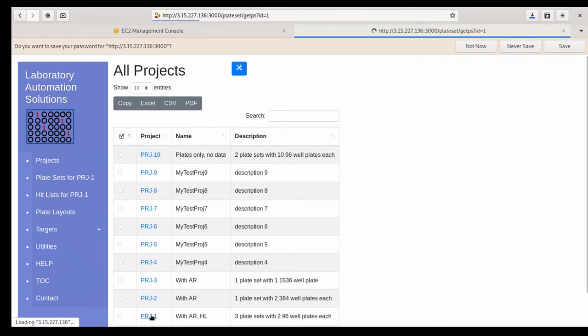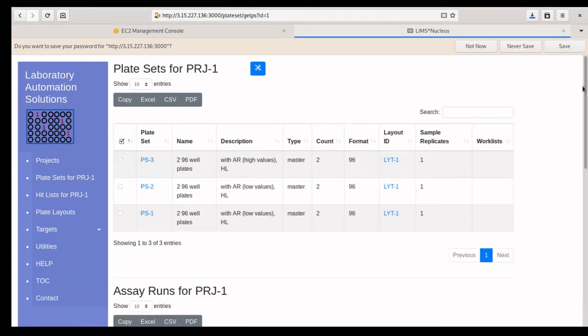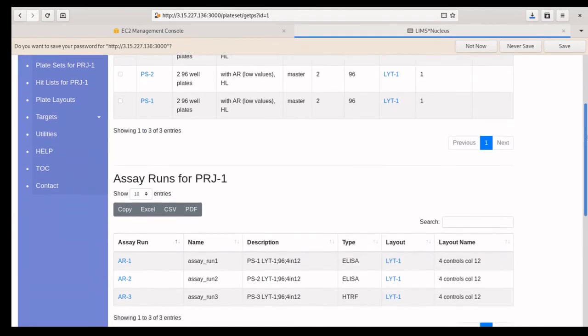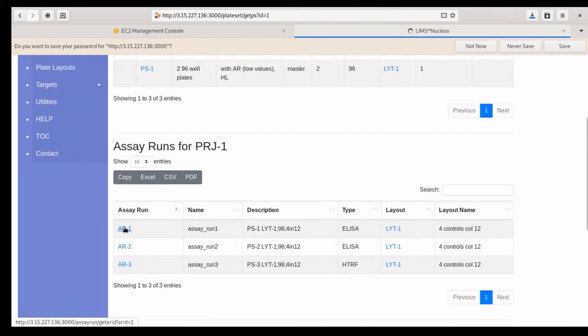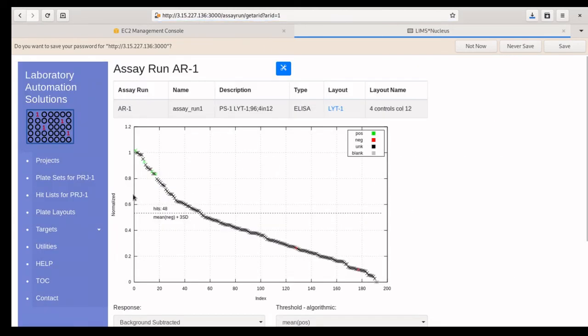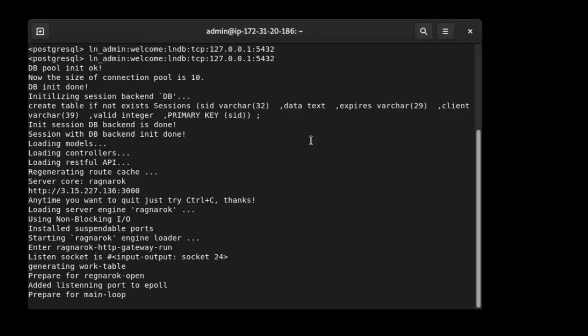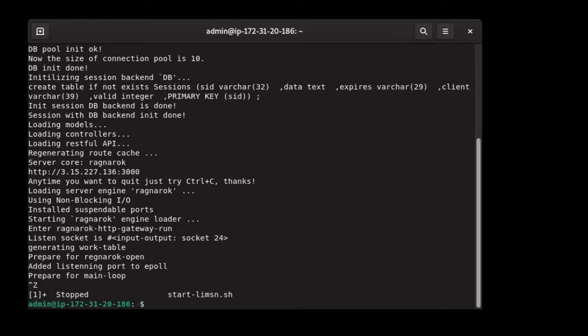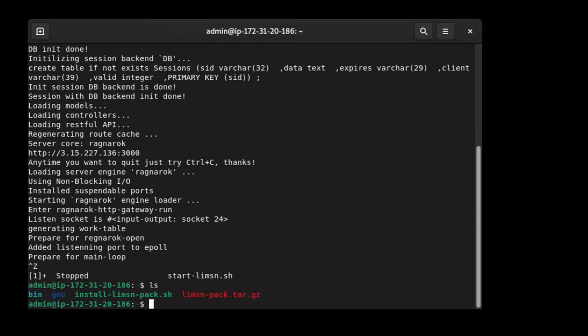Go to project 1, which has an example assay run, and just confirm that new plot is working. So it looks like it's up and running and ready to go. If we go back to the terminal and kill the web server, we can look at what has been deposited